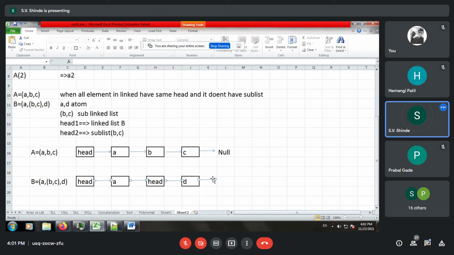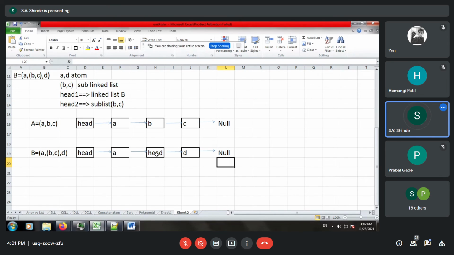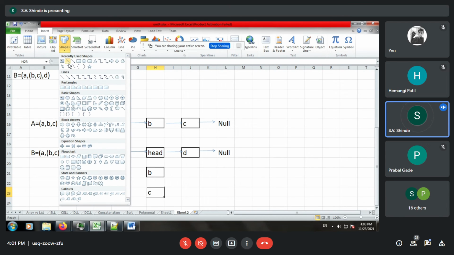And finally the null is the terminating of that. Now at the sublist you can observe that B comma C can be implemented over here. So we can extend it, B followed by C, and for better understanding we'll make it in a block and then insert some pointers.